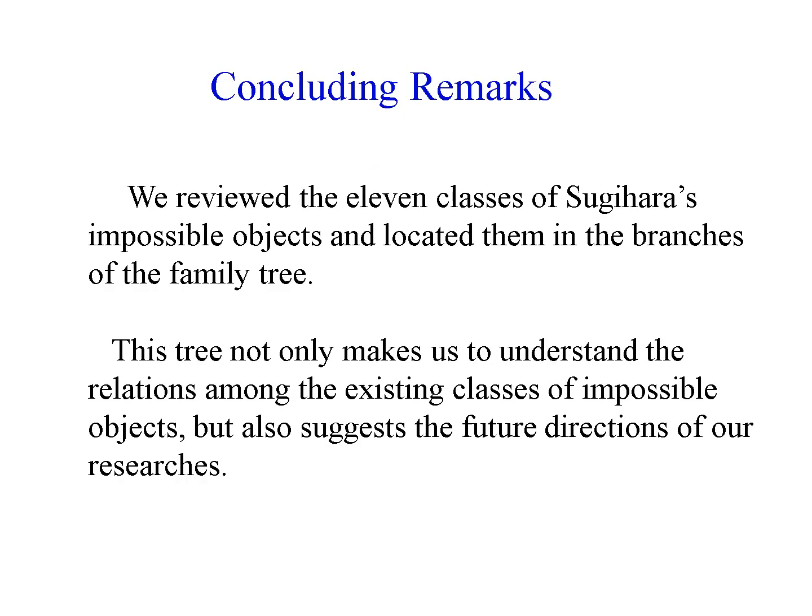This is the concluding remarks. We reviewed the 11 classes of impossible objects and located them in the branches of the family tree. This tree not only makes us understand the relations among the existing classes of impossible objects, but also suggests the future